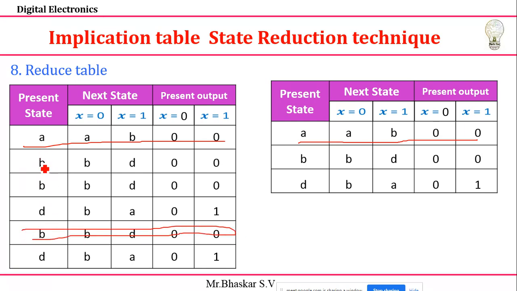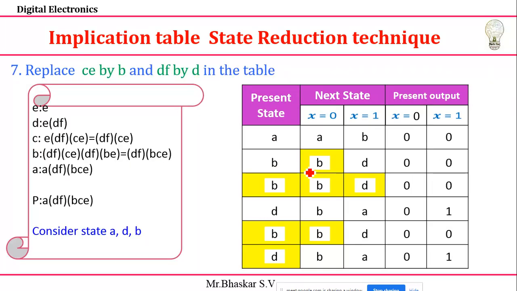So these two, I'm going to eliminate this. And here also B, D, 0, 0 is there. Just eliminate this. These two rows I'm going to eliminate. I'm keeping this one and this one. Next you have D and D. Again, see that the outputs are 0, 1 and 0, 1. It's correct. Then I'm going to eliminate this one. I'm keeping this state. So I'll get the states A, B, D. So previously also you retained A, B, D, the final state table consists of only A, D, B, no other states.